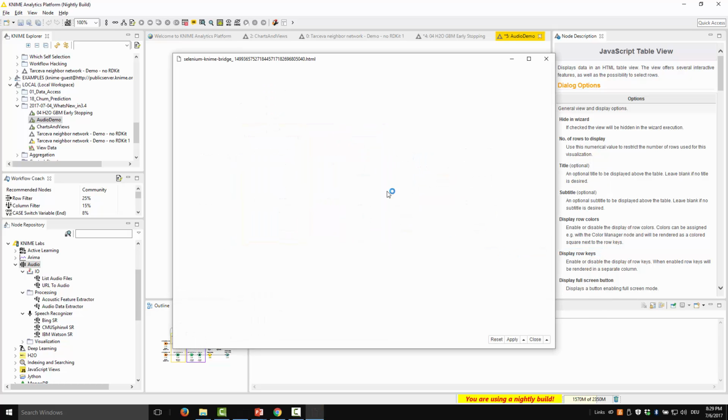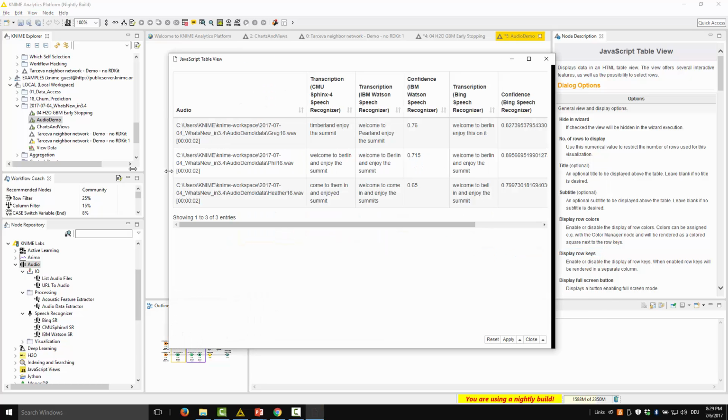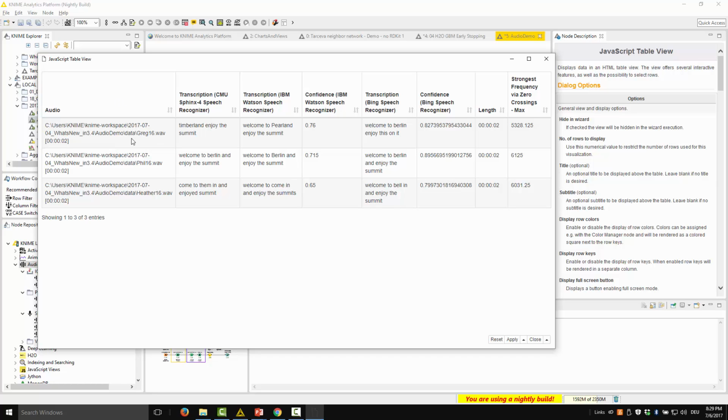So let's see what these services have transcribed. So here are our audio files, and then this is the text that has been detected by then either CMU Sphinx, IBM Watson, or Bing speech recognition. Some of those are actually correct. For these online services, you also get some score, how certain the service was to have